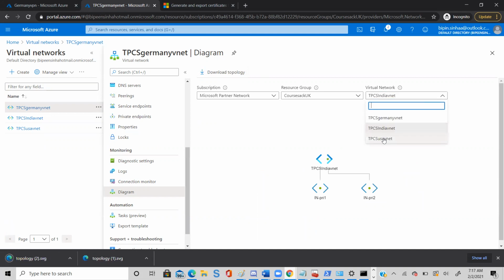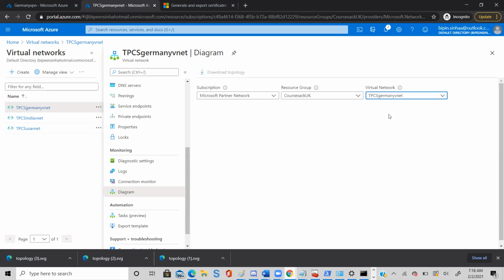So this is how you are going to say, dear Mr. Customer, in India or USA, we do not have any connectivity from outside. So no one can enter into my network at any cost, even if they are an administrator, because it does not have any connectivity from outside. We have only connectivity from outside in Germany.